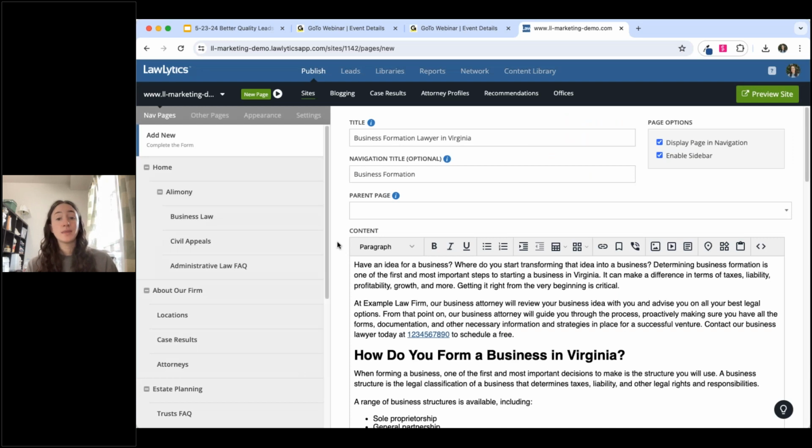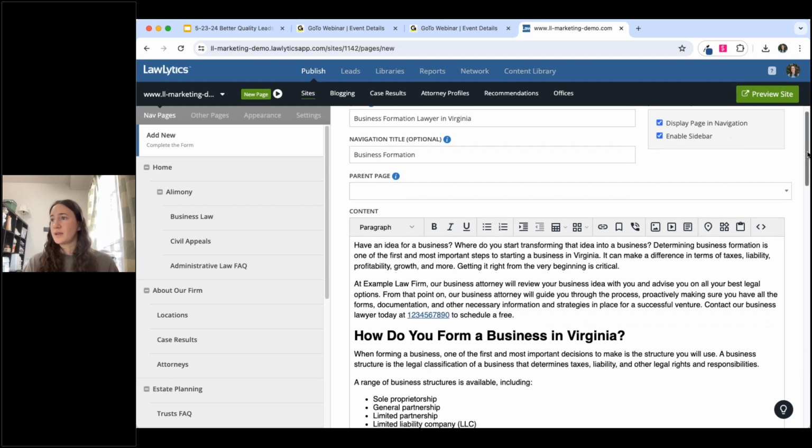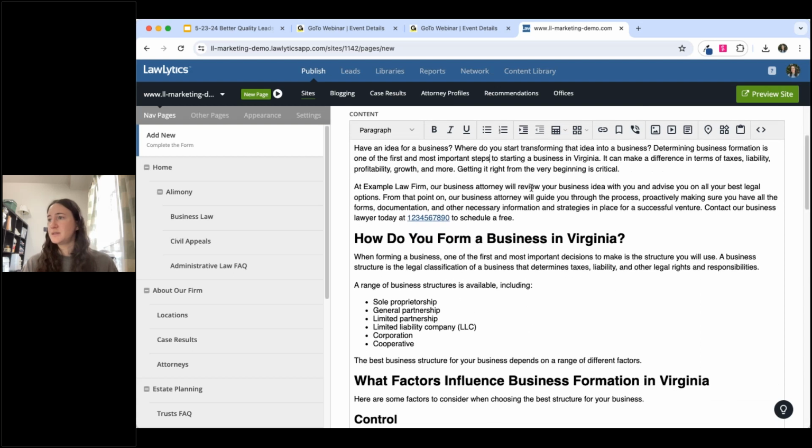And then here I am in the backside of the Lawlytics platform. This is what I haven't shown you all yet. So this is basically all of the pages on your website. On the left, this is where you're going to be able to edit them on the right. It's very straightforward. It's almost just like using any sort of word processor. As you can see here, you just click and you type, and then once you save the changes, it's live on the front end of your website. So it takes very little time to make any sort of change or edit or update to your pages.